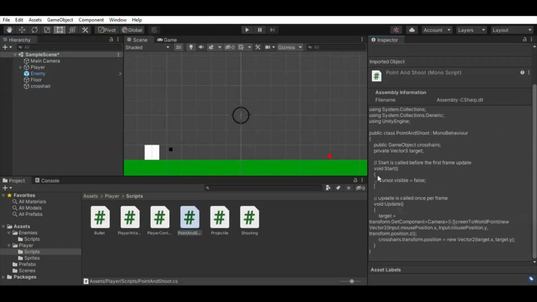And what I've done is, from a tutorial, I discovered that you can make the mouse cursor invisible by putting a very small line of code in the start function, and that is cursor.visible equals false, which means that when the game starts, you won't see the cursor, which is kind of cool. And then it takes the target. So this is the target here, and it takes the mouse position, the X and Y position,